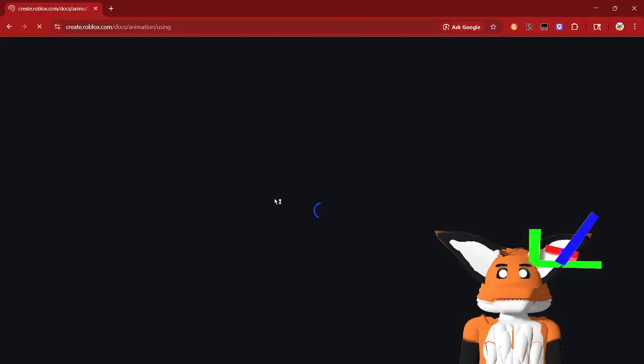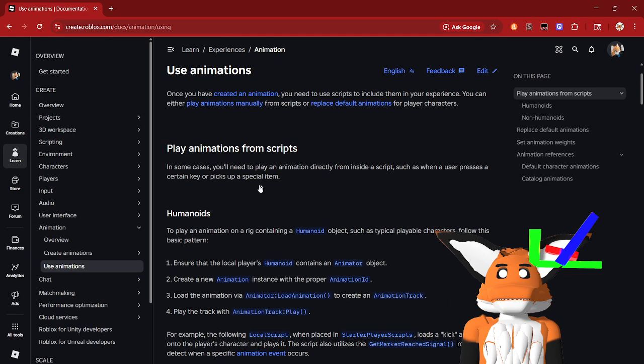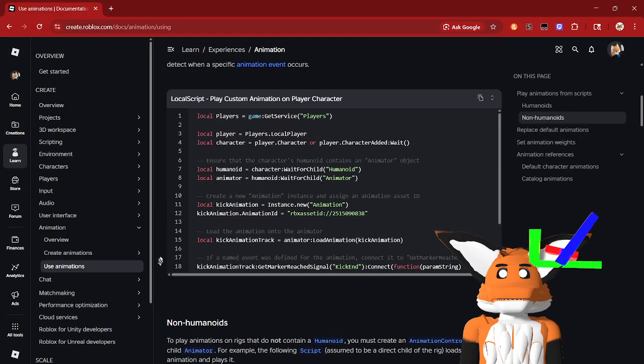I recommend the documentations or debug things because they usually are the ones to help. Yeah, we need to get humanoid and animator and then load them in. Yeah, animator load animation, so